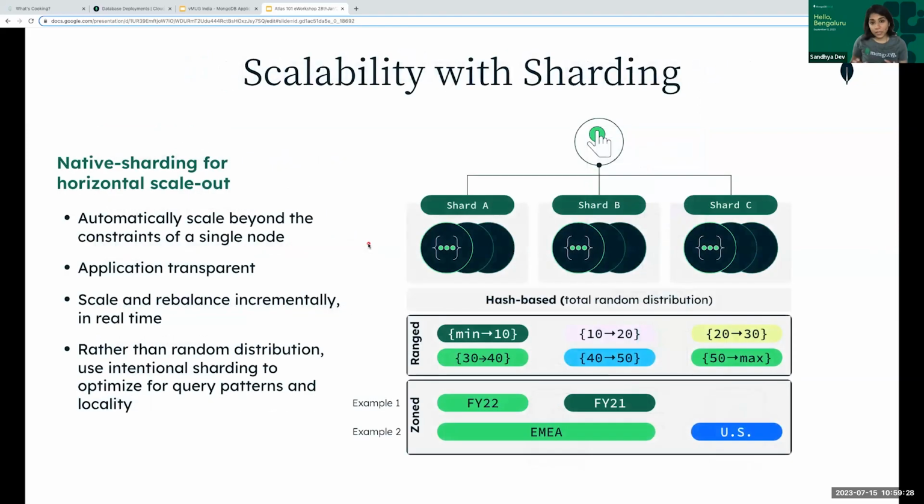Next, there's scalability, where I could have an available setup and I could have a scalable setup. So scalability ensures my horizontal scale out of my